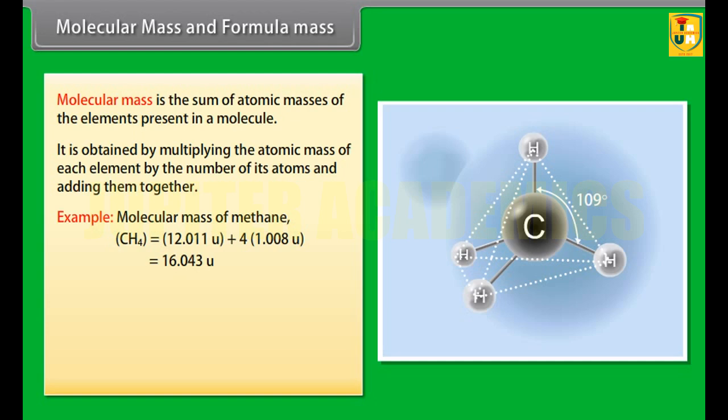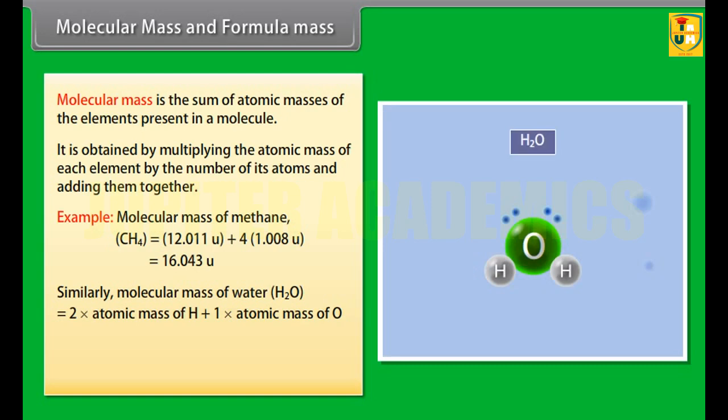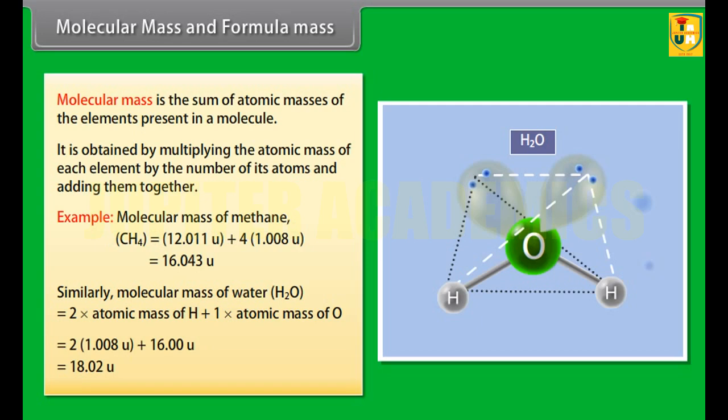which is equal to 16.043 u. Similarly, the molecular mass of water, H2O, is equal to 2 × atomic mass of H plus 1 × atomic mass of O, which is equal to 2 × 1.008 u plus 16.00 u,